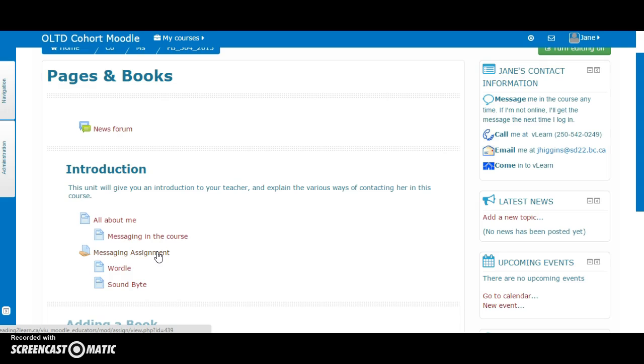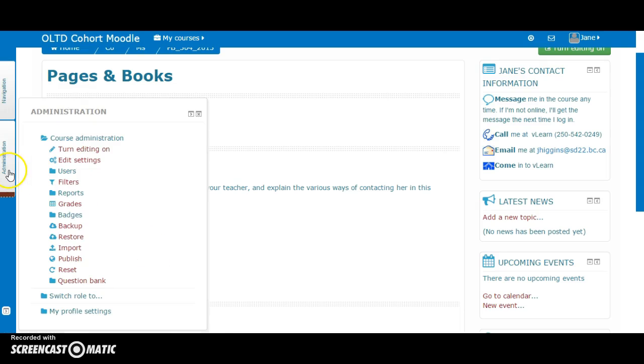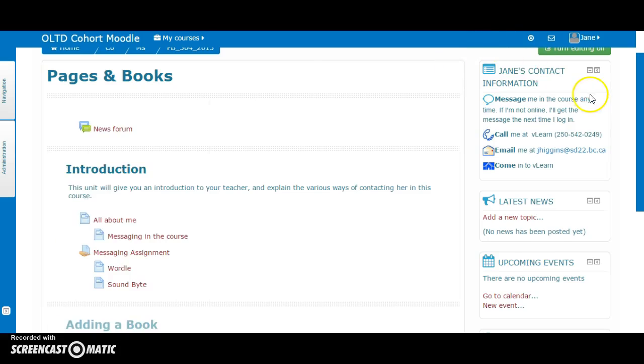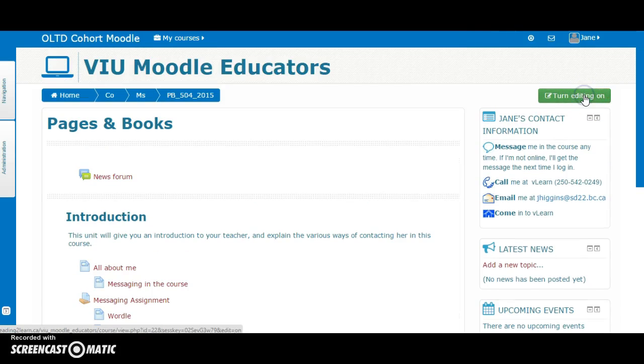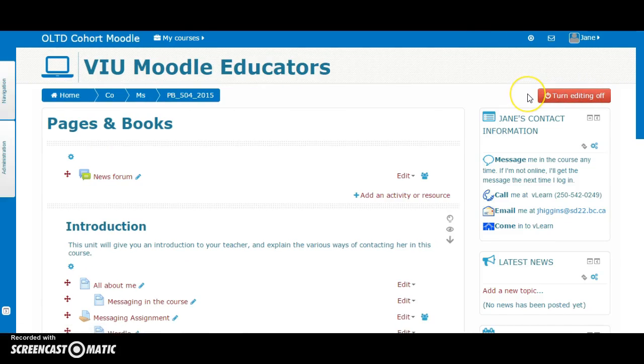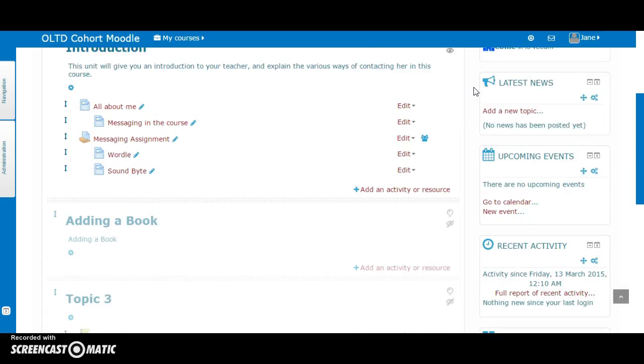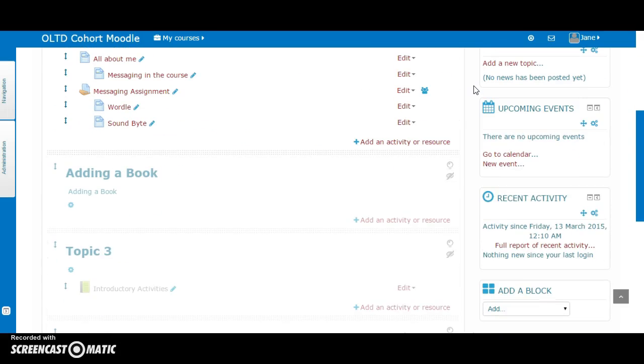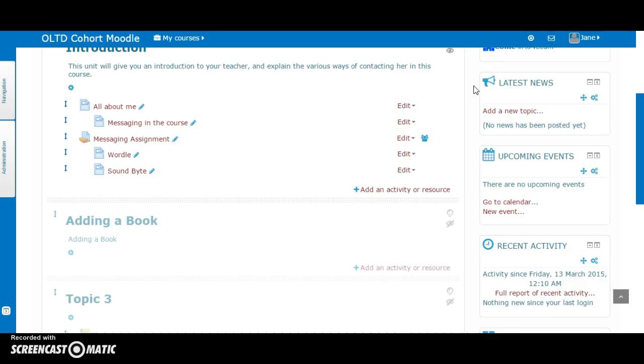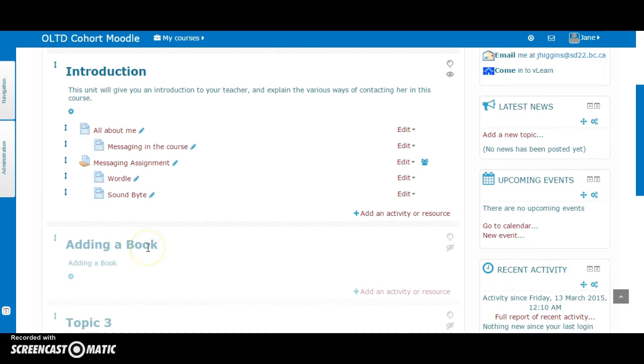Again, that can be found under the administration block or over on the far right hand side. So this red box shows me that I'm ready to start editing my course and adding some content. I'm just going to scroll down to my second topic, and you'll see here that adding a book looks different than my introduction. It looks a little bit more pale, and what I've done is I've actually hidden this